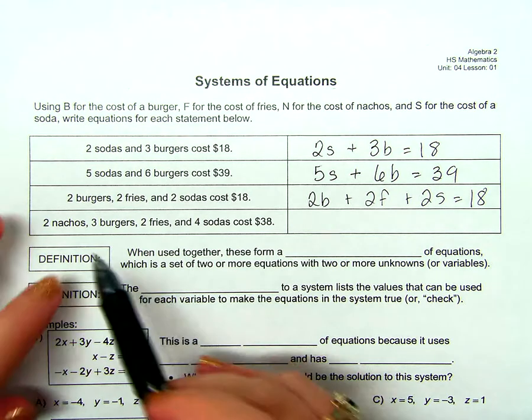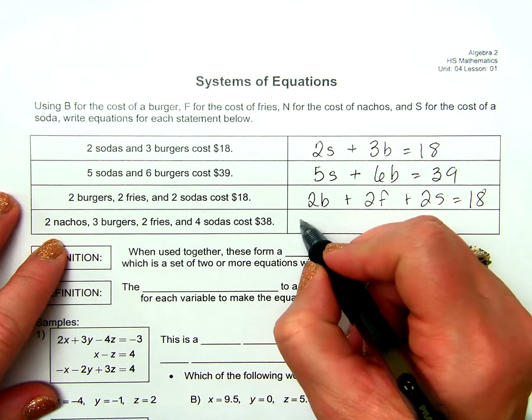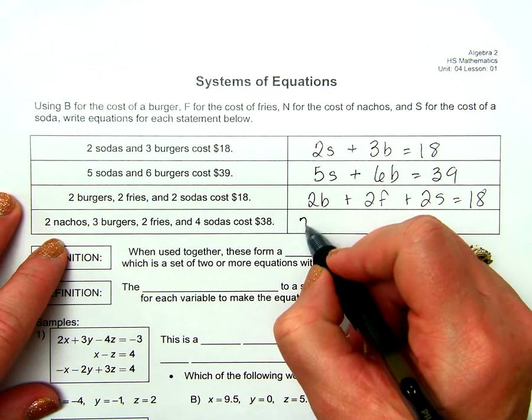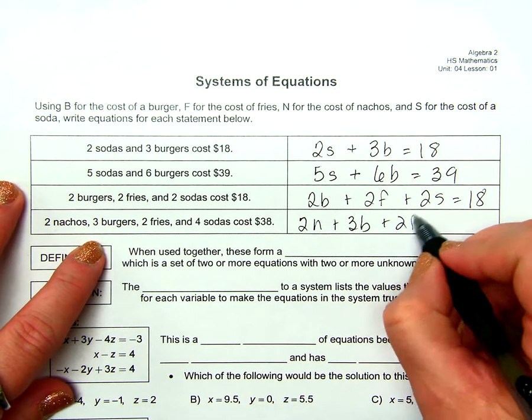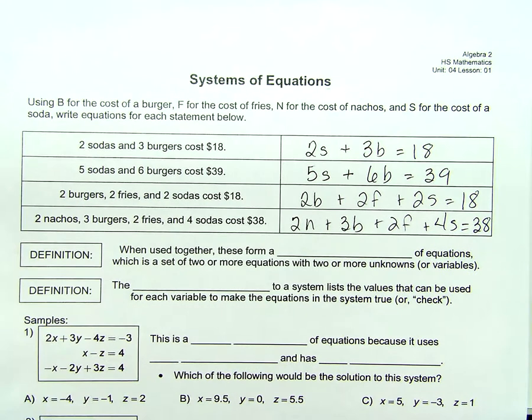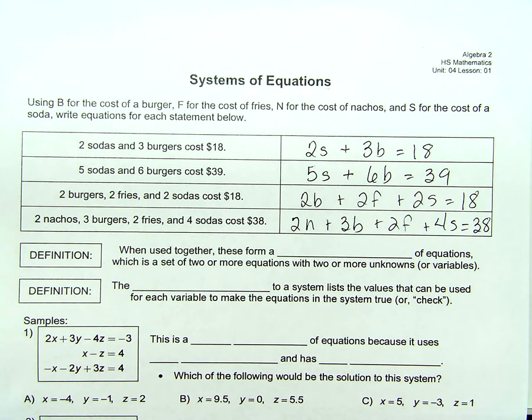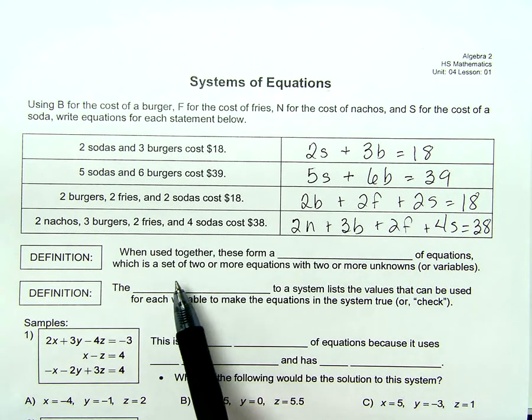Okay? So what's here? Last one? 4S plus 2N plus 3B plus 2F equals 38. Okay? Any questions so far? Pretty straightforward, right? Are they all that easy? No, I'd be lying to you if I said they were. Okay? Did they get a whole lot harder than that? No, they don't. Okay? When used together, these form a blank of equations,